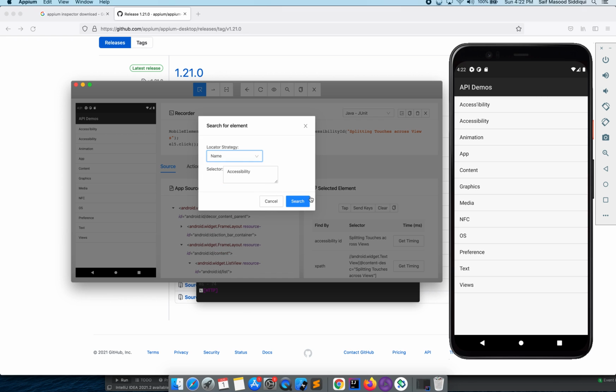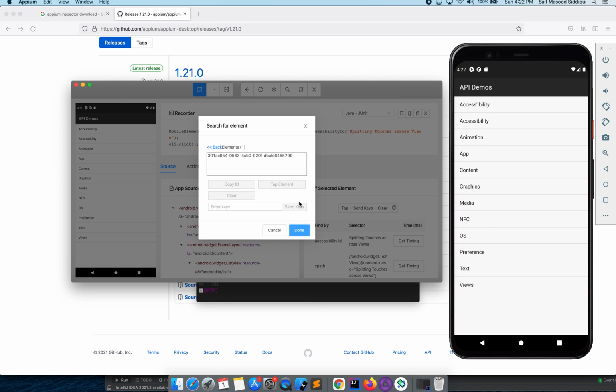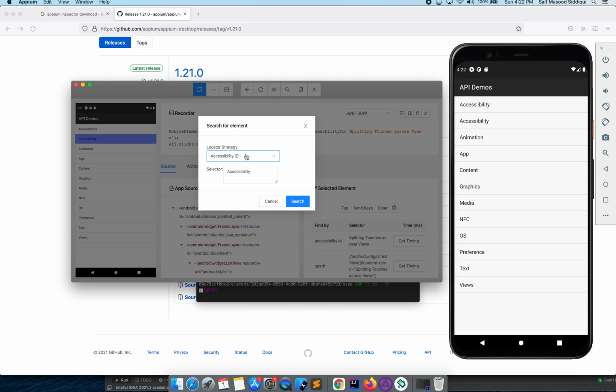Okay, let's find by name. No, not supported. Maybe with accessibility ID. So yeah, you can see that if I click here, it is highlighting this. So if you have some experience in identifying the element, you can directly go on search and try creating your own locator strategy to find the element.